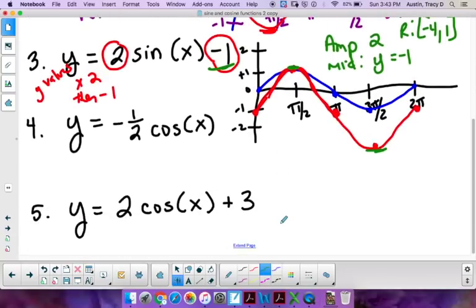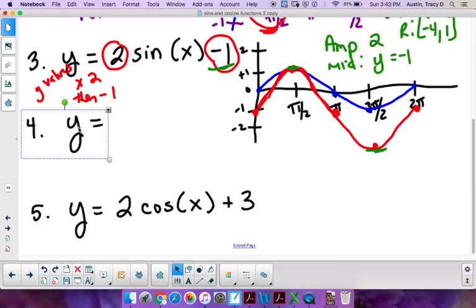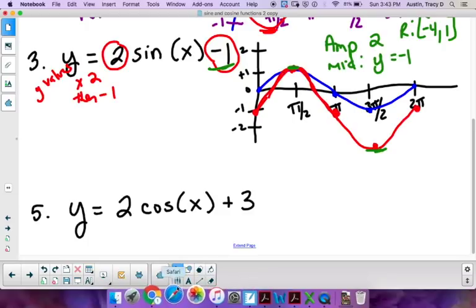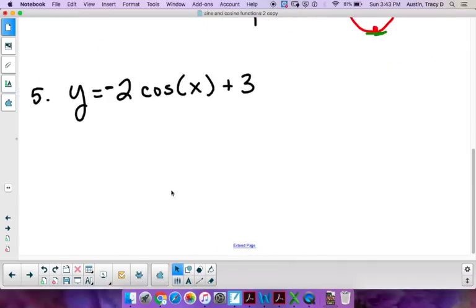Let's see. I'll tell you what. We'll throw the negative in front of the 5th one and do this all at one time, because I know y'all can do it. Okay, and again, we have to think about what transformations have occurred and in what order, because it makes a difference. All right, so here's my graph,